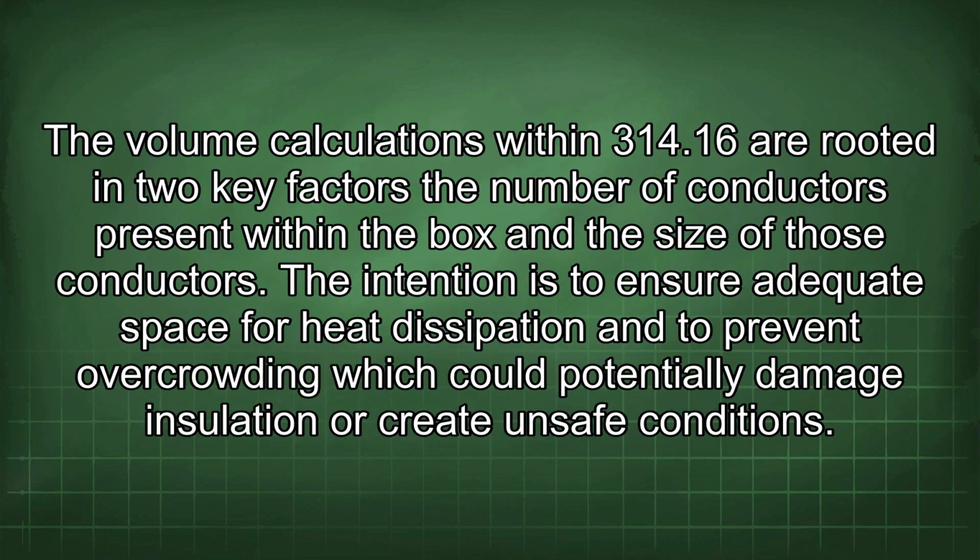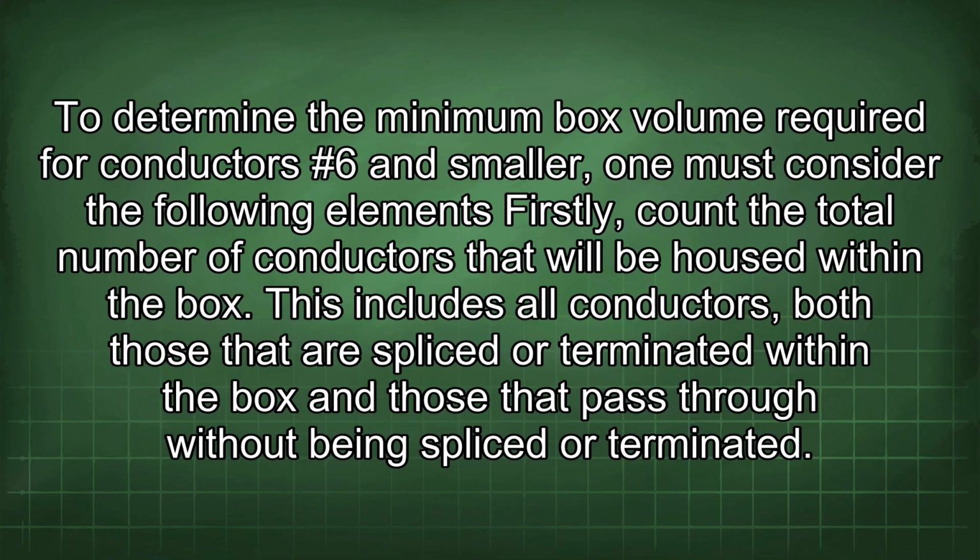The volume calculations within 314.16 are rooted in two key factors: the number of conductors present within the box and the size of those conductors. The intention is to ensure adequate space for heat dissipation and to prevent overcrowding, which could potentially damage insulation or create unsafe conditions. To determine the minimum box volume required for conductors #6 and smaller, one must consider the following